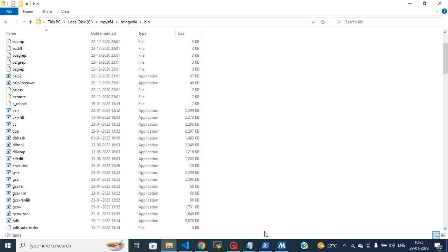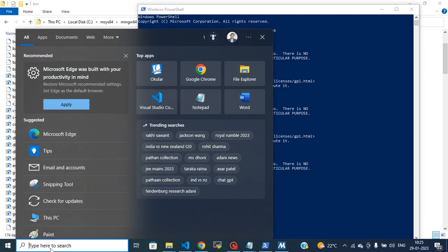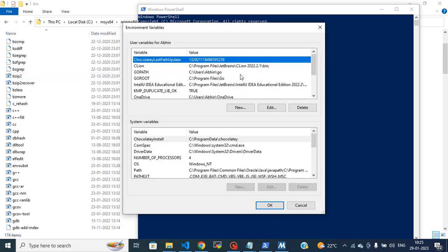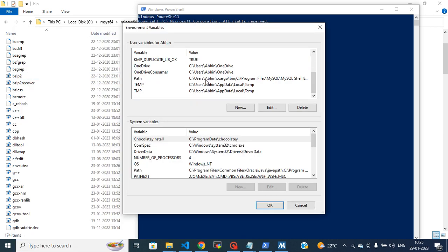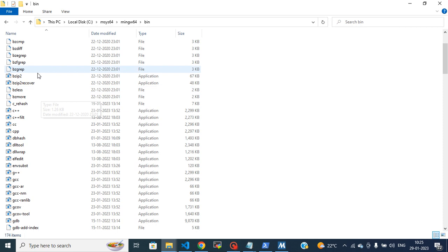Now, what you need to do is go to the command prompt. Like I have already said, the way to do it is you just need to say env in Windows. Okay, go to Path, say edit. You just need to have C:\msys64\mingw64\bin. Why? Because all these binaries needed to execute are in that place. Once you set it using the environment variables,